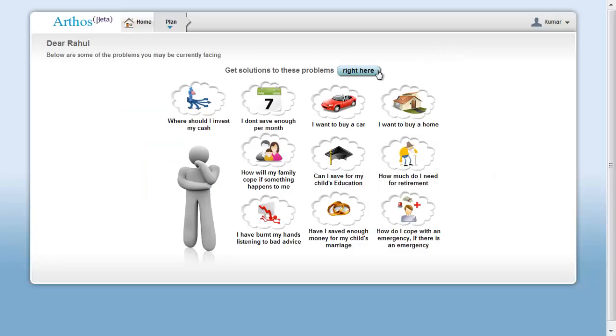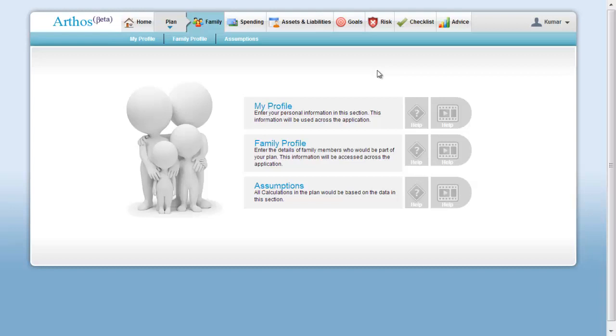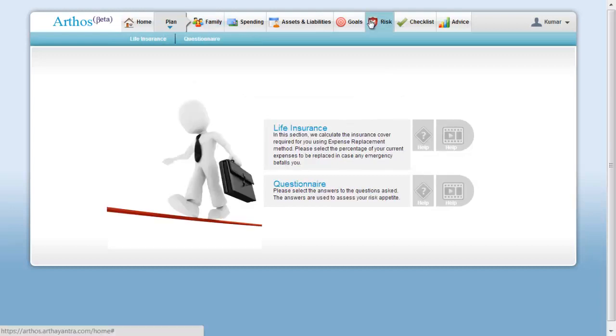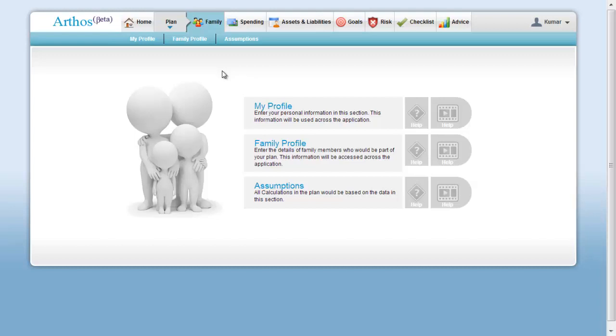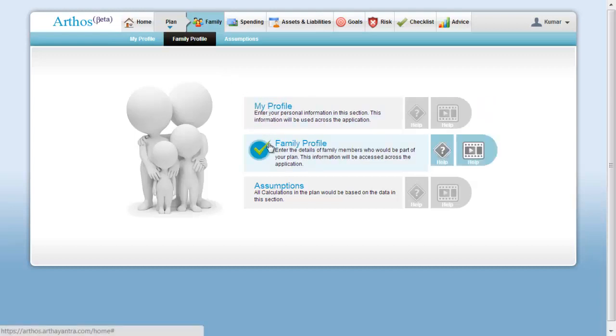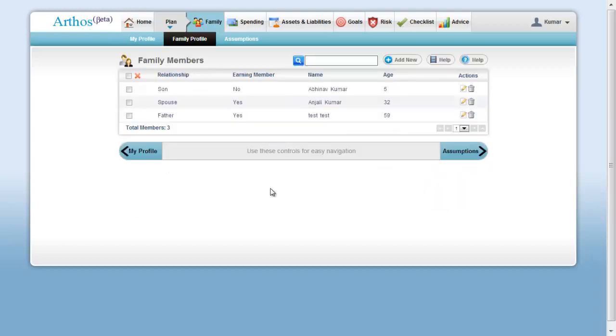In order to develop a holistic financial plan for yourself, you will need to enter information about multiple things. The first section in data entry is the family section. Here, you not only enter your profile, but also the profile of all family members for whom you are going